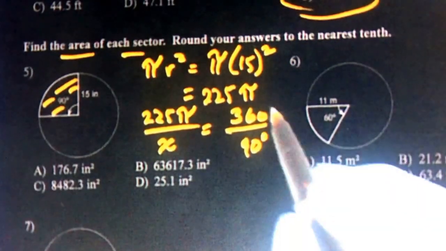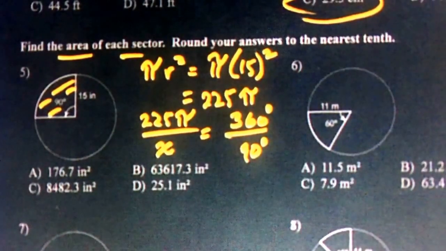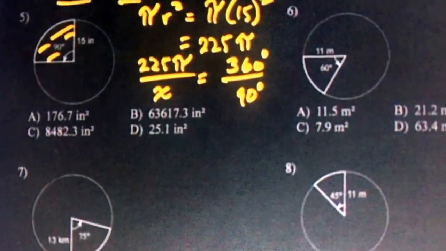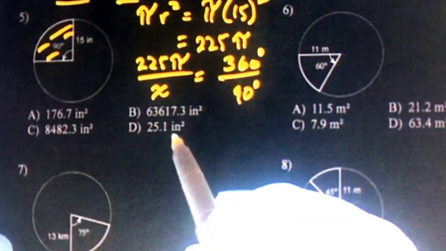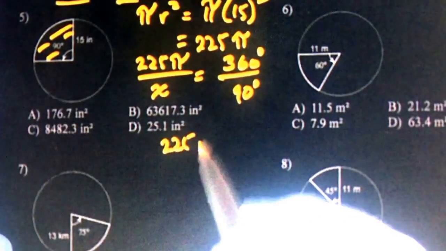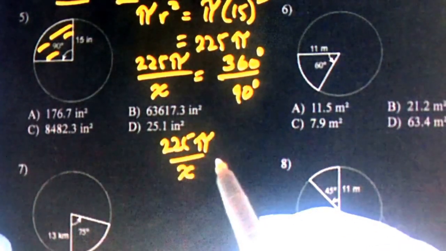That's our ratio, and we can simplify that first. It always makes sense. 360 over 90 is equal to 4. We have 225 pi over x equal to